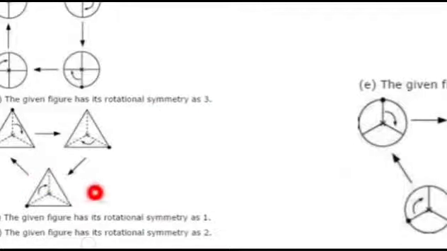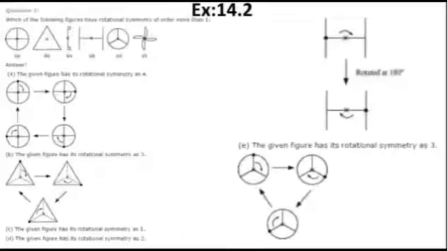Then figure C has rotational symmetry of only order 1. You can check it out in my live classes, where I have shown it to you. And D has rotational symmetry of order more than 1. You can see this is your question D, where I have a point marked here. If I rotate it, it is going to be here only. See. So what is the order of rotation? The order of rotation is only 2.